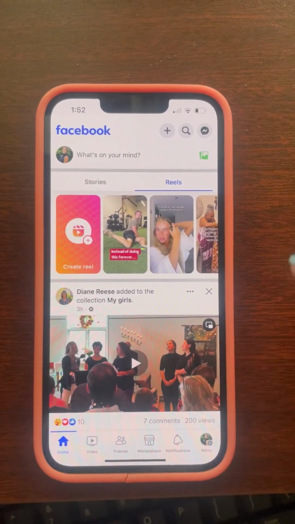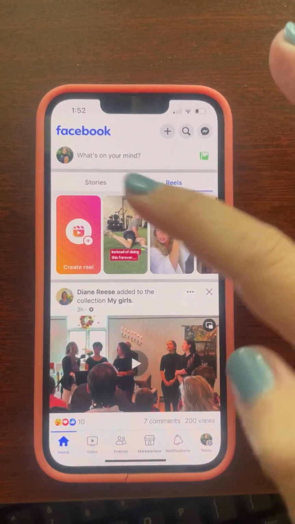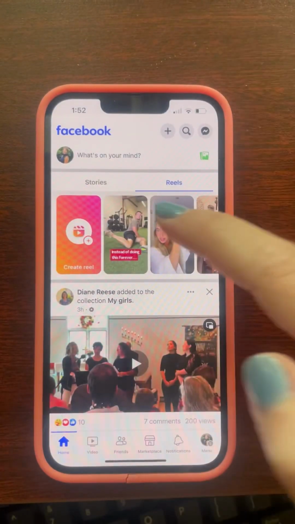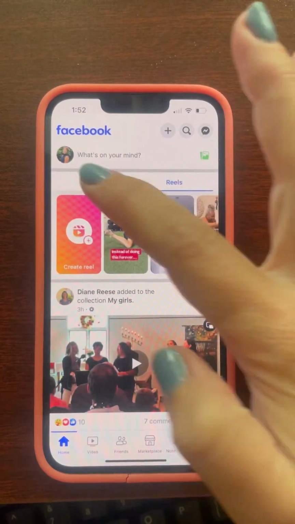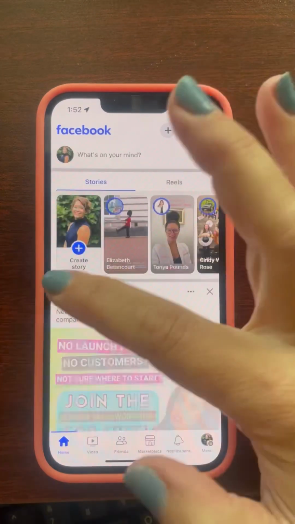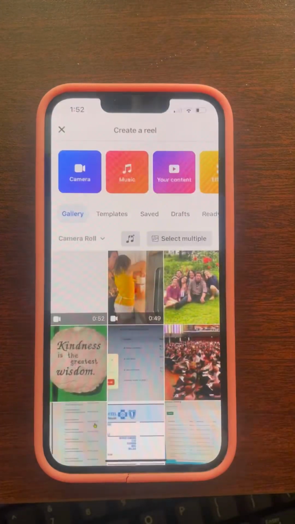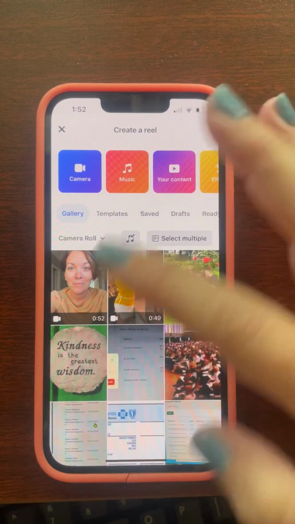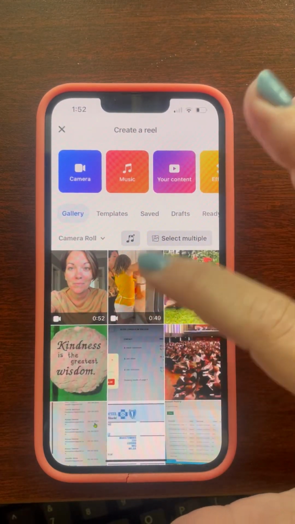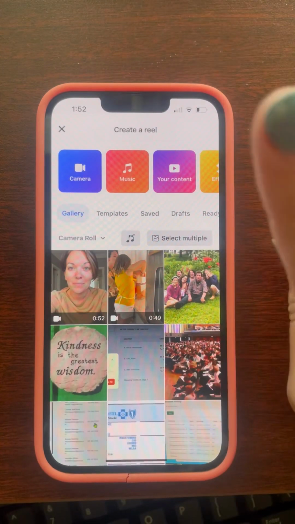Okay, so we are going to go ahead and create a reel. I'm going to click on create reel. You can do it a couple of different ways. Normally when you're at the top of your news feed, you've got a story creation. You can click on reels and create a reel. Now you can import anything from here video wise, but I'm actually going to go one step further and show